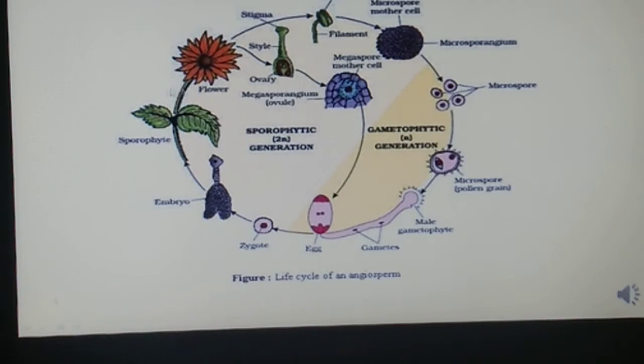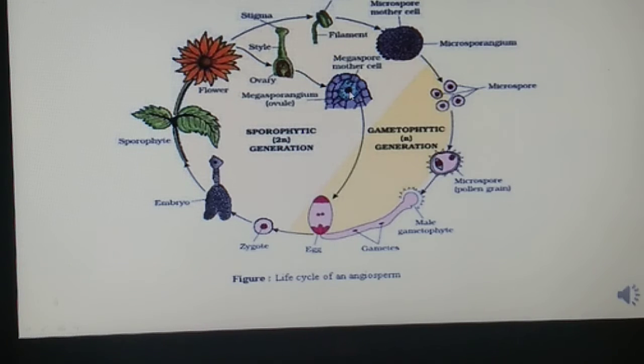So you can see here, students, this is a sporophyte. This one is the male sex organ, this one is the female sex organ. It gives rise to the complete female gametophyte. You can see there is one functional megaspore mother cell, and this functional megaspore mother cell divides continuously to form the 8 nucleate sac. They reach different poles, and in the center we have the 2 polar nuclei. Then 3 here, so 3, 4, 5 and 6, 7, 8: 3 antipodals, 3 here and 2 polar nuclei.